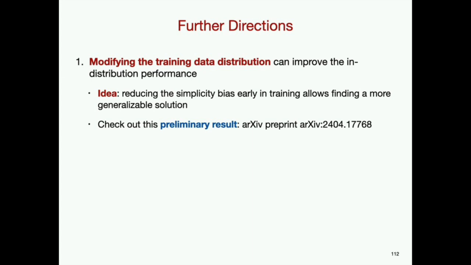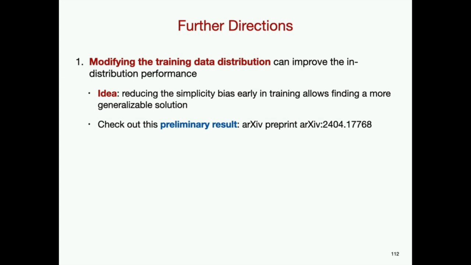It seems that gradient methods have a simplicity bias, a bias towards finding simpler solutions. And in over-parameterized models, there are multiple solutions that can have a similar generalization performance. So if we can reduce this simplicity bias during training, we can push the model to find a more generalizable solution. This is a very nice problem, I think, and you can check this arXiv paper